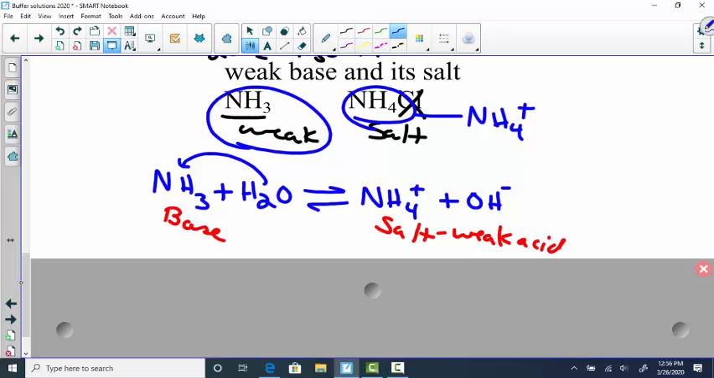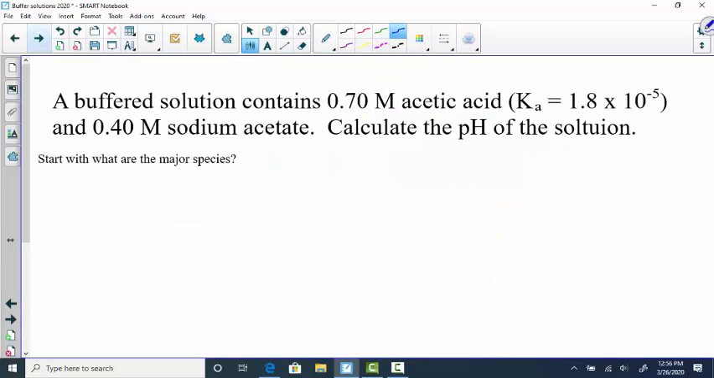So, again, if we throw numbers in here, this is just going to be a common ion effect solution. Right now, all we're worried about is calculating the pH of the buffered solution. We're not going to worry about adding acids or bases to it. That's the ugly sister part that we'll do tomorrow. So, I have right here a buffered solution that is 0.7 molar in acetic acid and 0.4 molar in sodium